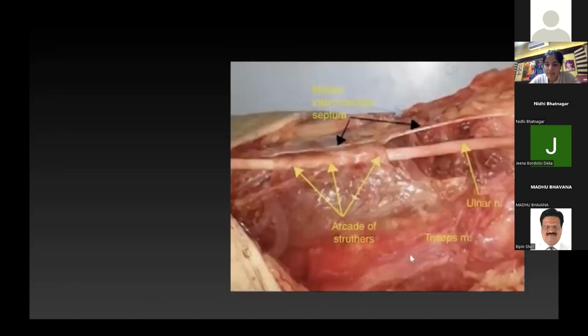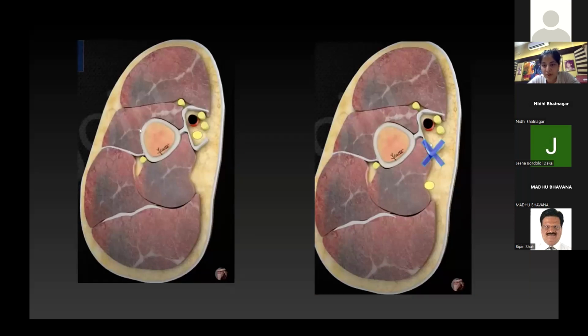Distally, it passes through the arcade of Struthers, which is a connective tissue band which joins the triceps muscle and the medial intermuscular septum. The nerve pierces the medial intermuscular septum and goes posteriorly into the cubital tunnel, between the medial epicondyle of the humerus and the olecranon process. These are the two sections which show the nerve piercing the medial intermuscular septum